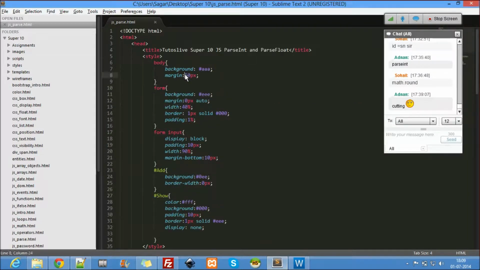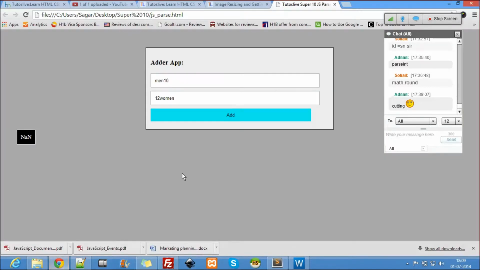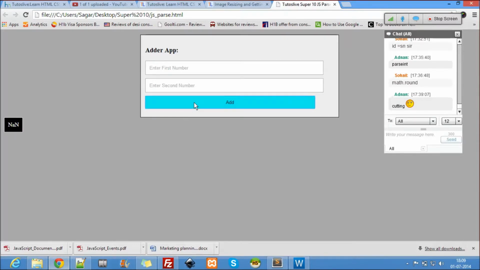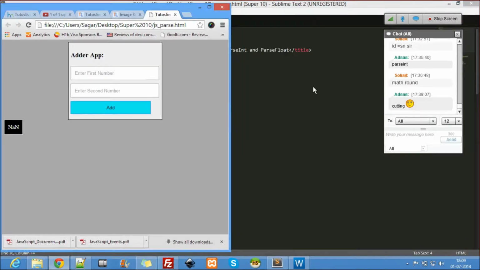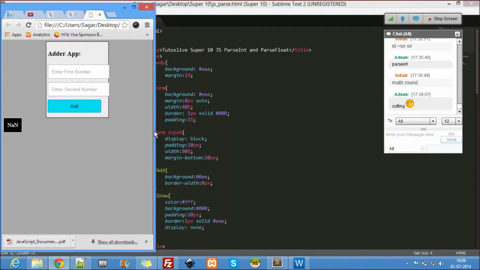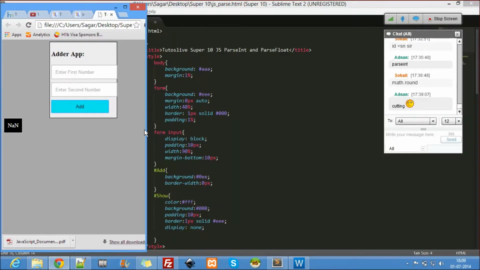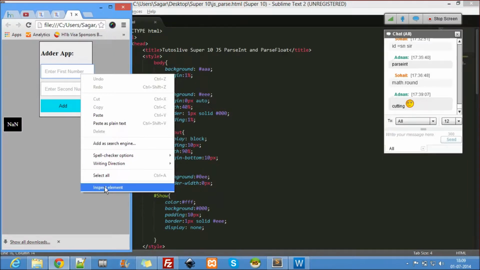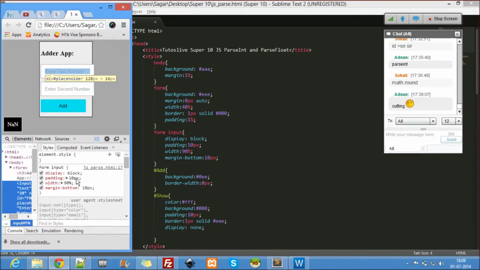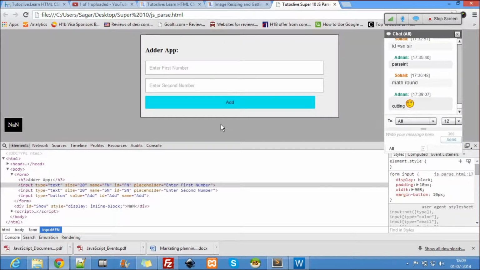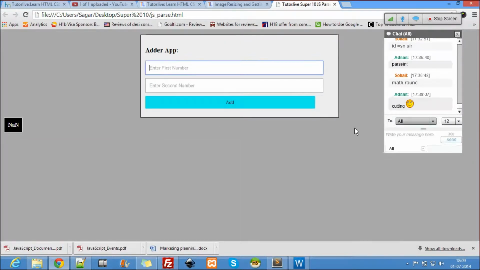Instead of this margin in pixels, I'll say percentage. We have given the size 20, hence that's a problem over there, else it will be fixed too. No problem. Okay, so that's it.